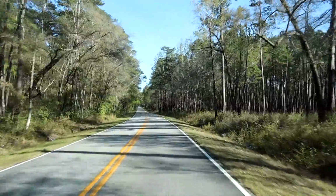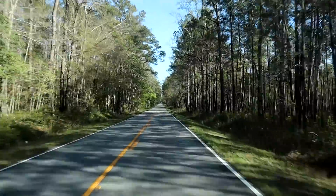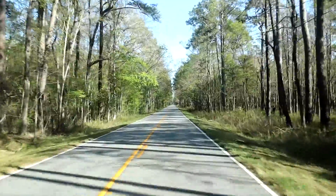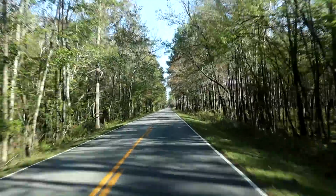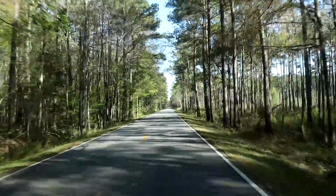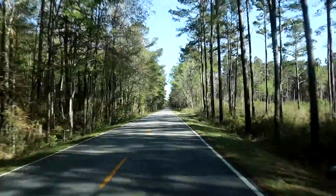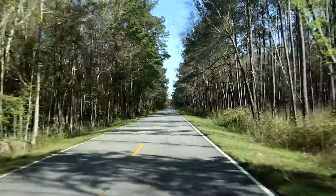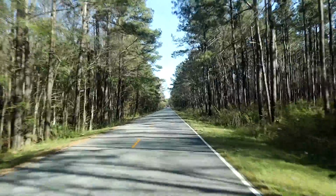It's about 10 miles down this road, and then I'll be back on 17 and head north into Myrtle Beach. I've got to go through a bunch of towns though. I'll be going through Murrells Inlet, Garden City, Surfside, then Myrtle Beach. Oh, I also have to go through Georgetown. That's one of the first cities. It's one of the stinkiest also because it has a paper mill. So it's not pleasant smelling, but